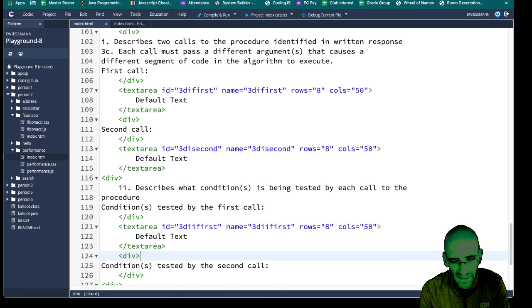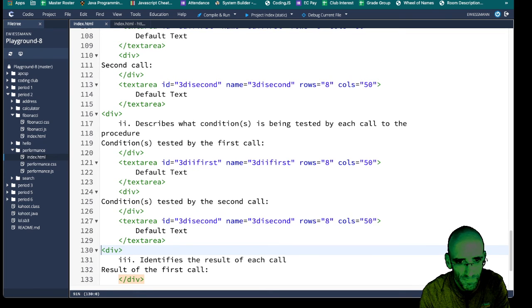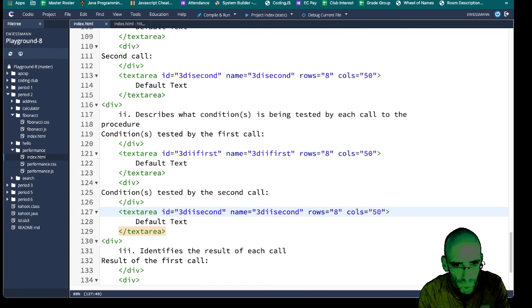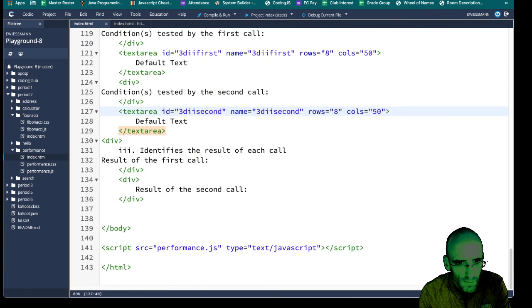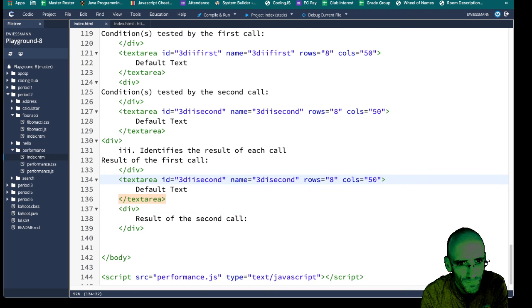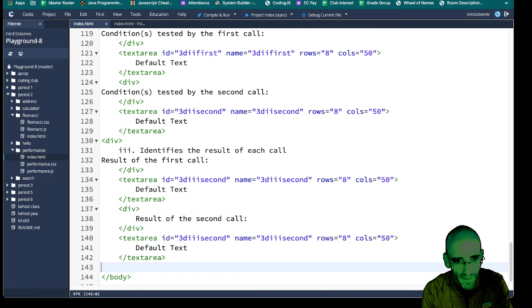The name probably doesn't matter too much. The ID will matter a ton when we get to our JavaScript. Oh, almost done. I am not expecting that many of you will finish this right now. But if you do... Actually, I remember